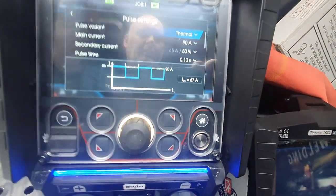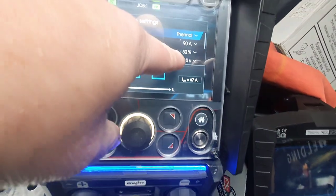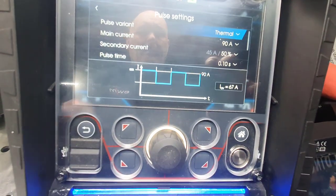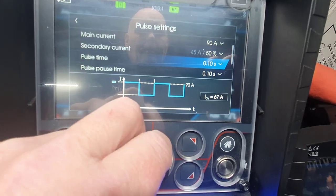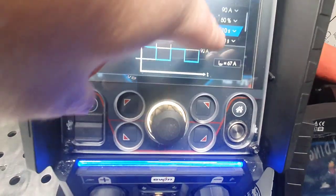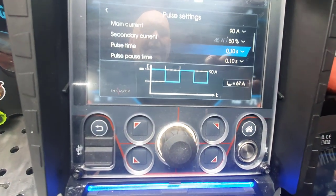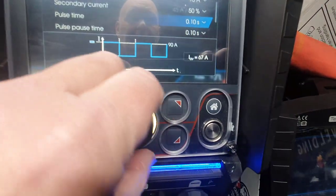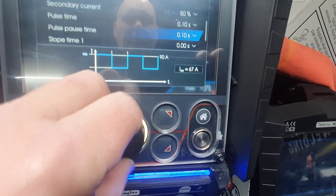So my main current, for example, 90%. The secondary current again works it out. It's 50%, 45 amp, and then we've got my pulse time. It's at a second, because it's not been set up. Usually I'd have that at about 0.6 and my pause time at about 0.3, but you can adjust again. If I click my pause time on there,